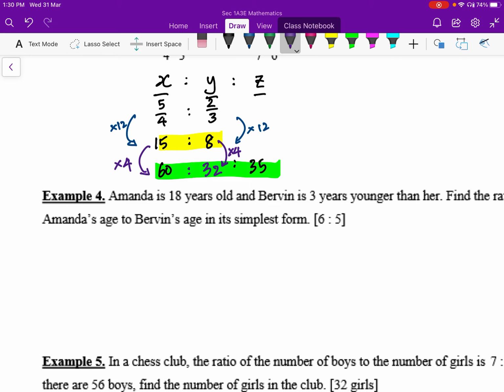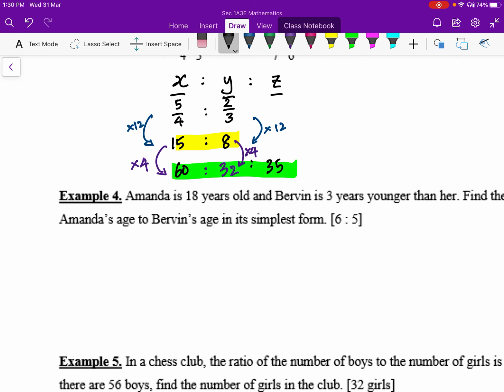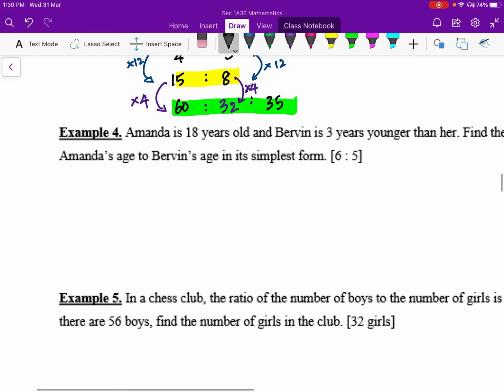Okay, so moving on to example number 4. Amanda is 18 years old. Bervin is 3 years younger than her. Find the ratio. Okay, wow, this is so simple. But presentation, this is what I want to see. Amanda to Bervin. So Amanda is 18. Bervin is 3 years younger than her, so 15. And then you reduce the ratio, dividing by 3 on both sides, you get